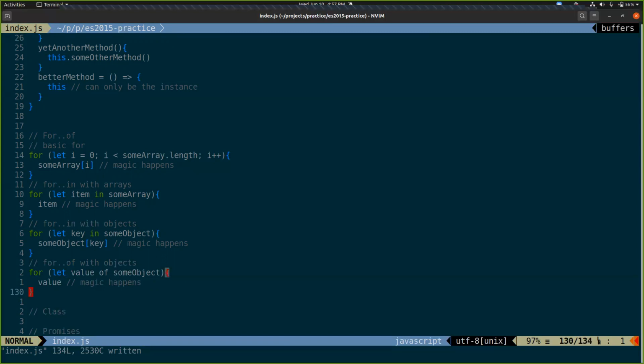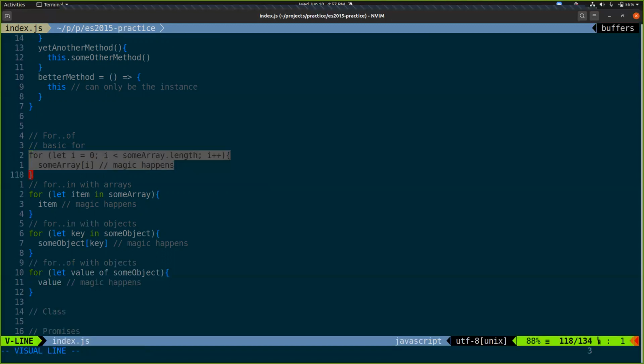So this is what we call an imperative way to do something. We're telling the computer step by step what to do. I would like you to initialize a counter, and so long as that counter is below this number, I would like you to do this thing, and when you're done with it, I would like you to increment your counter.